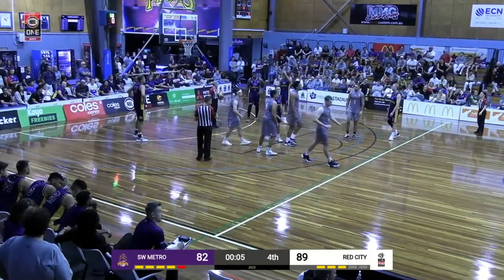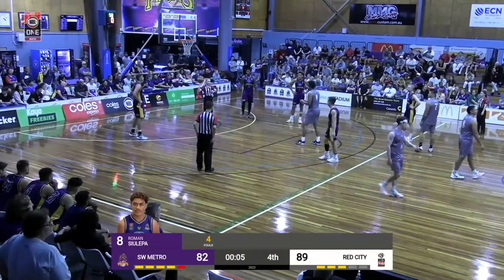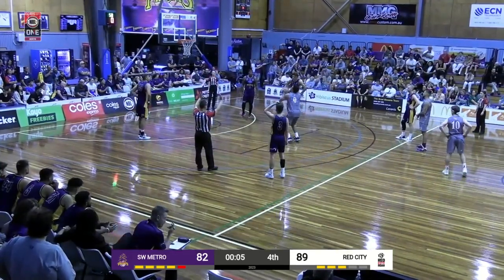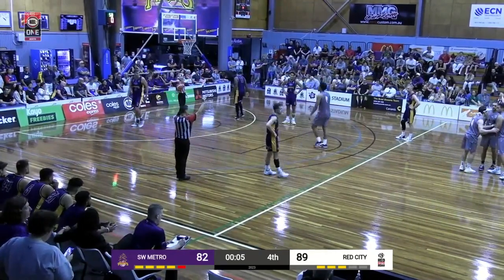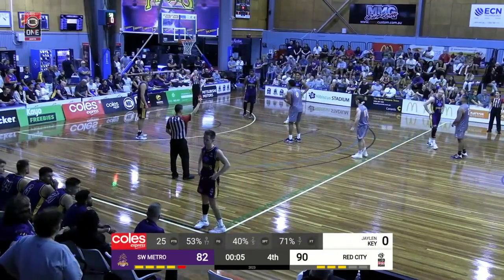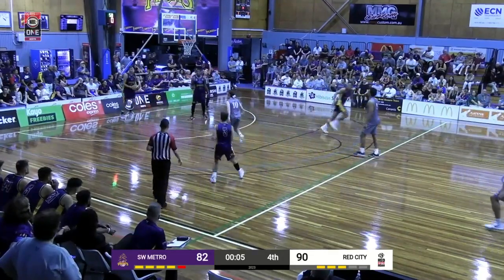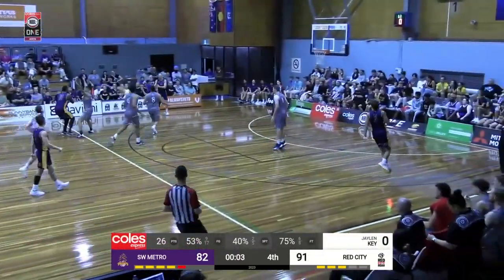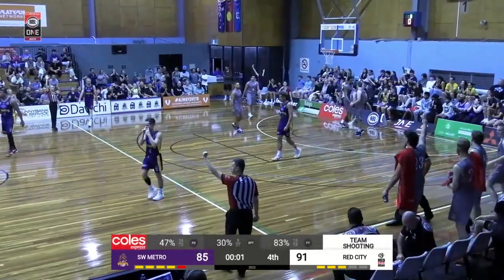Yeah, absolutely. Southwest came out absolutely firing, and I thought they were going to walk away with this one relatively easy. The amount of hustle and mongrel and energy that they showed in that first quarter was really impressive, but ever since then it's like they started in 5th gear and then just slowly turned things down to 4th and 3rd, whereas Red City started in maybe 4th and just ramped things up from there. And it's really been a big momentum swing in favor of Red City ever since the start of that second quarter, and they slowly chipped away at it, eventually got themselves in front, and they've just held it out ever since and have done a great job of closing this one out as we see Tees, unfortunately,